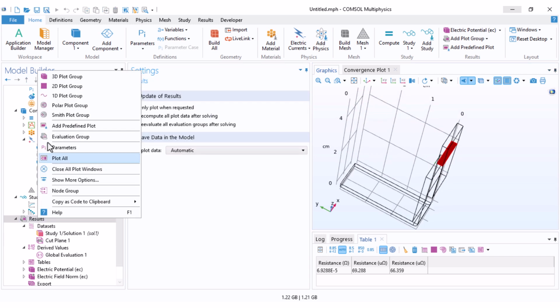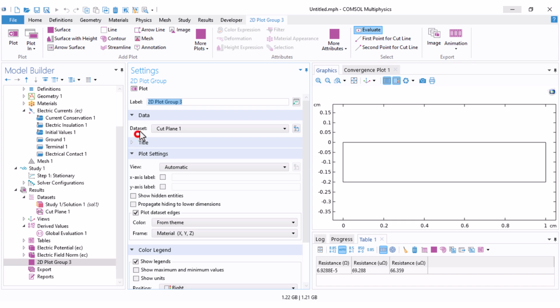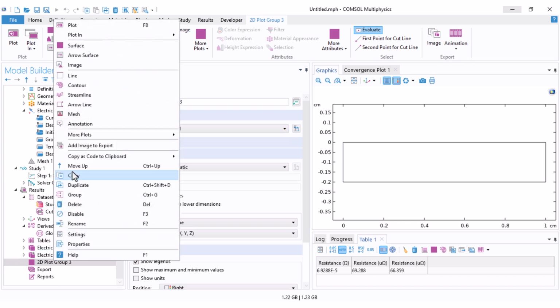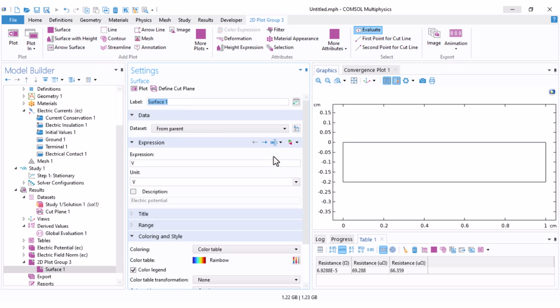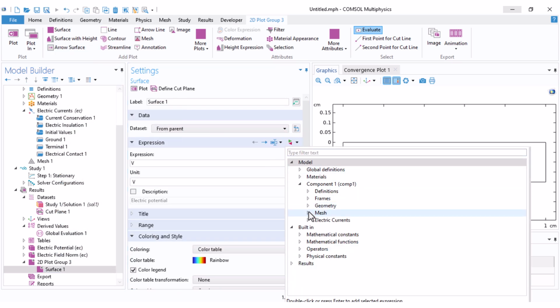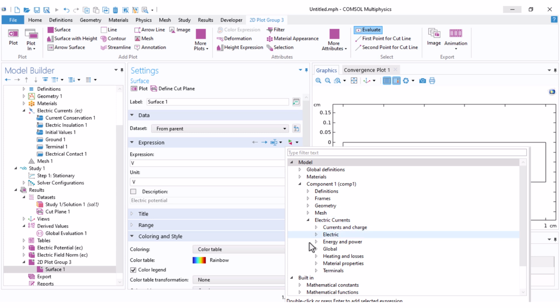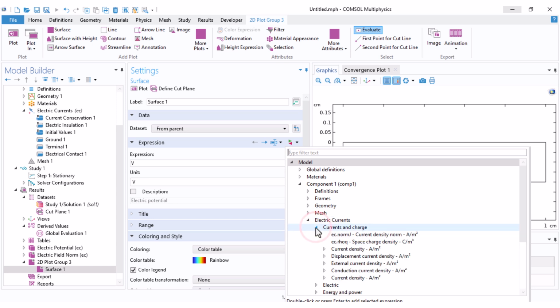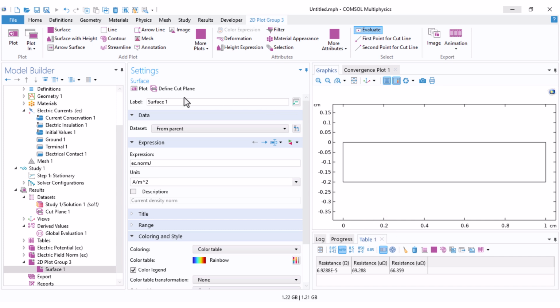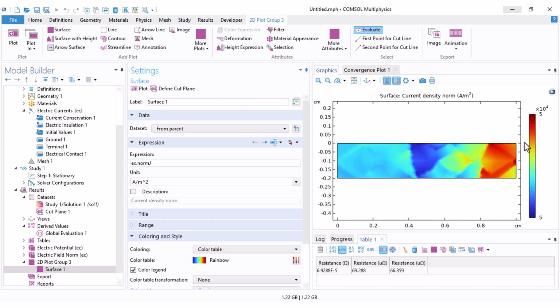Now I click on results, add a 2D plot group. By default, it is tuned to cut plane 1. I'll right click on it and add a surface type of plot. I click on replace expression under electrical currents. Here you can find the currents and charge, and this is the current density norm. It is the magnitude of the current density. I click on it and set plot, and you can see that the amount of current density is equal over the